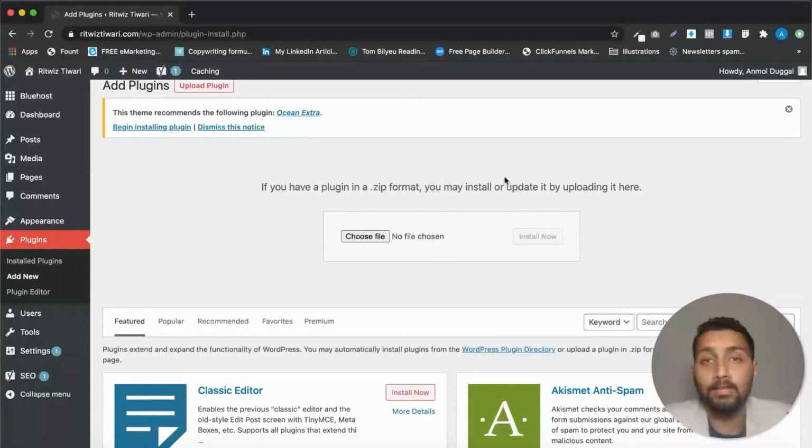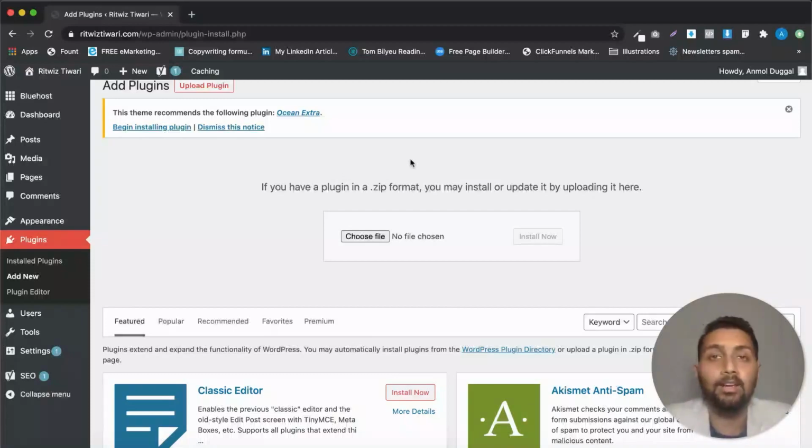There are tons of plugins available out there for different functionalities. Like if you want to back up your website, there is a plugin for that. Okay. And if you want to maybe reduce the file size of your images, you want to compress your images, there is a plugin for that. If you want to cache your website, right, there is a plugin for that. But caching has obviously been provided inside your hosting package by Bluehost, so you don't have to worry about it.